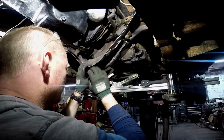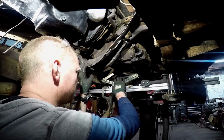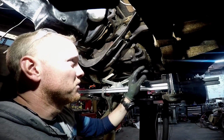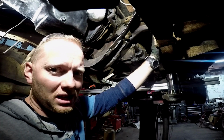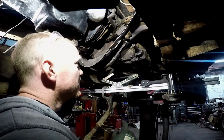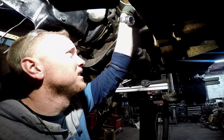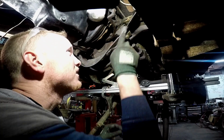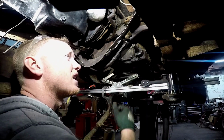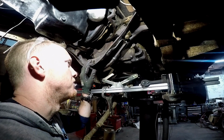Well, the trans cross member is finally installed. I'm going to lower this down to where there's about 1/4 inch between the trans and the jack, and then just let it sit here overnight and make sure nothing fails. What I ended up doing was machining, like slotting, another couple pieces to put on the back side so that I could grab this bolt and this bolt, because I really didn't like having just two up here. Having them spread out makes a lot more sense to me, and I can grab at least one more bolt on that side and one more on this side on the top if I want to. So it should be good to go, but I'm going to let it sit here overnight, and then we're going to pull it apart, paint it,